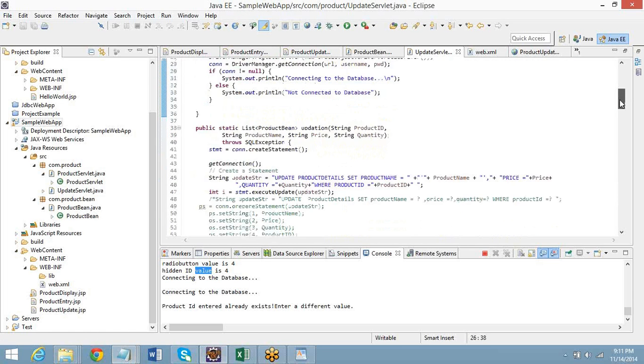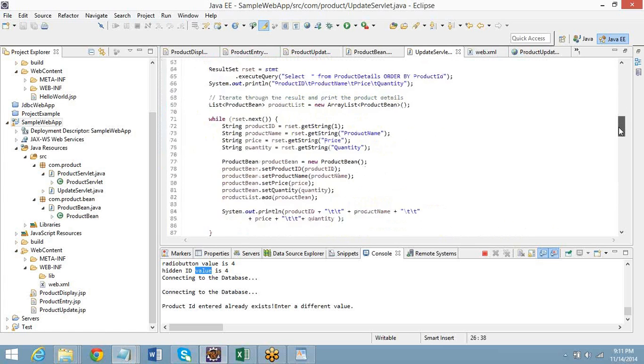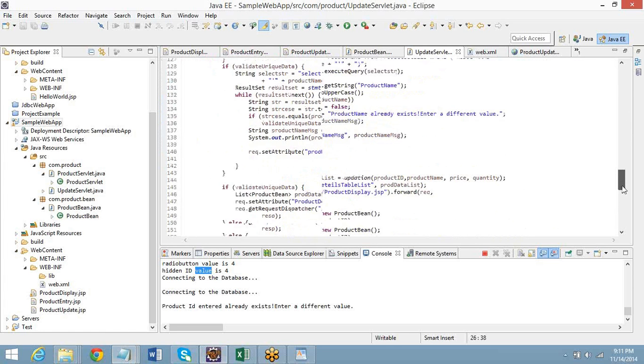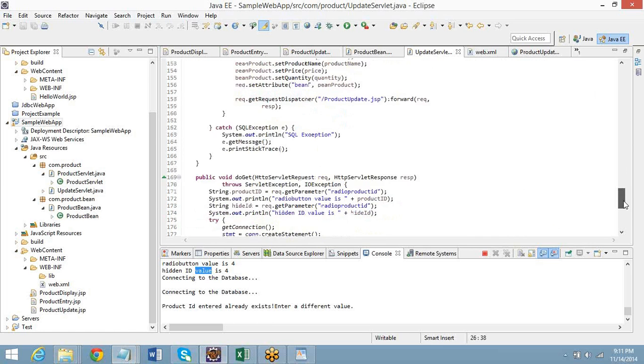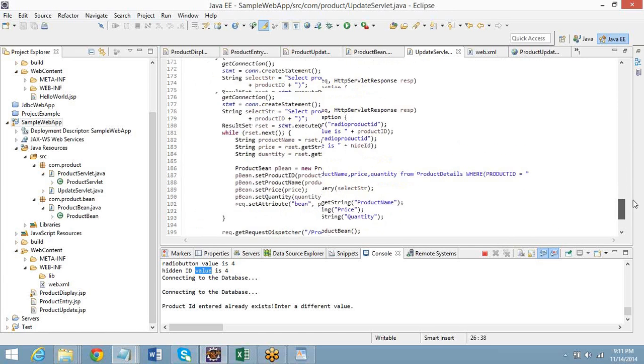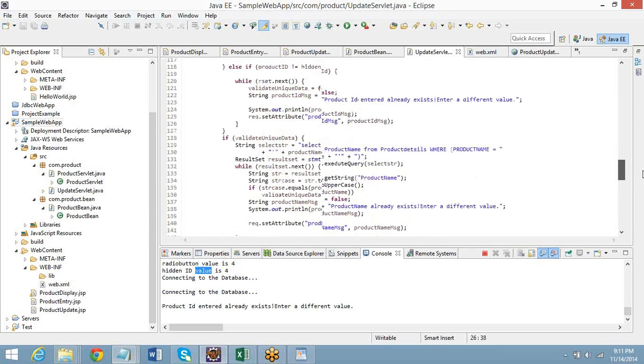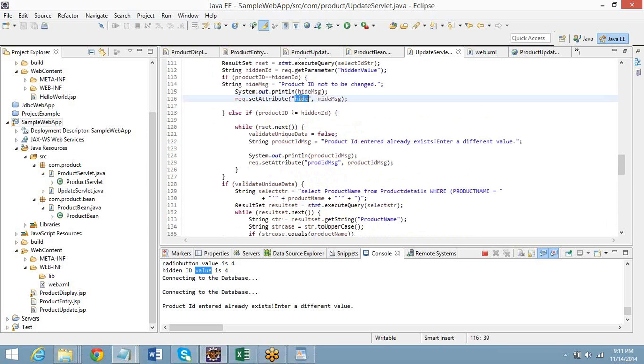It is giving a, oh my God, yeah, here. This is the hide message. This is all not correct.